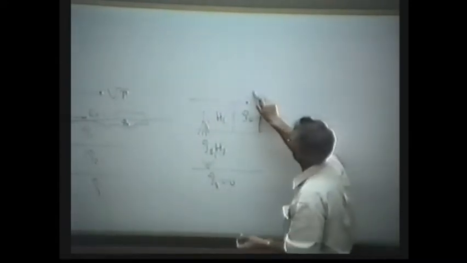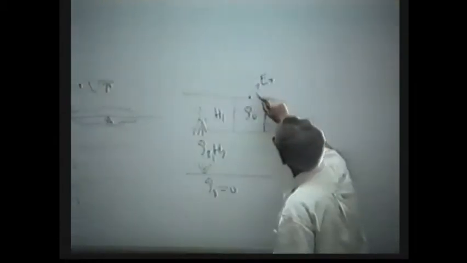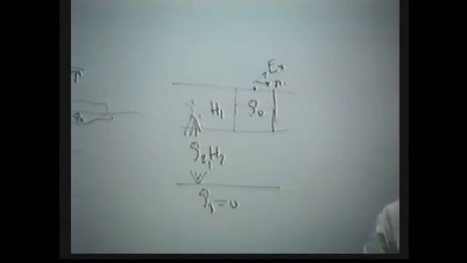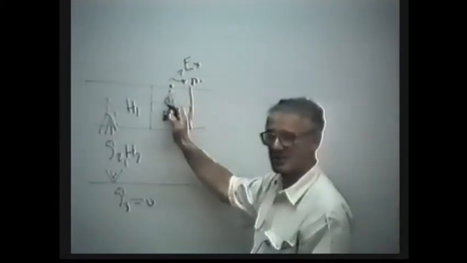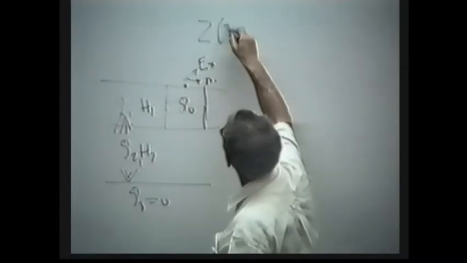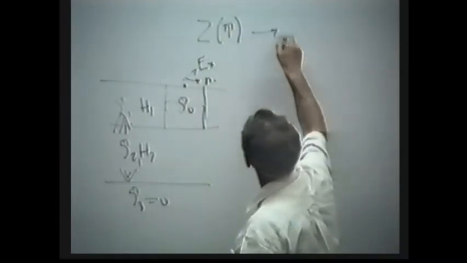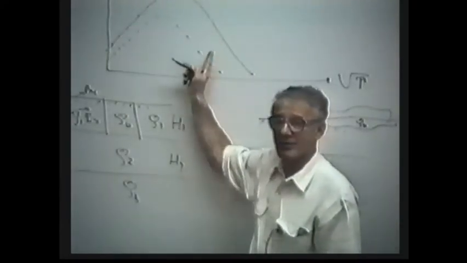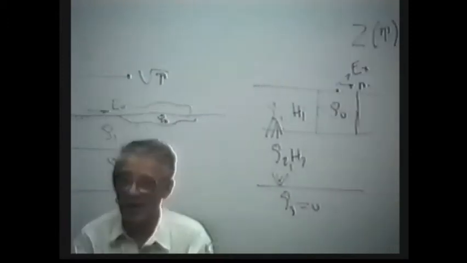So now the electrical field goes in this direction, the magnetic field goes in this direction. Now I am sitting at this point and measure impedance as a function of period, convert to apparent resistivity, and instead of this curve, apparent resistivity, I will get